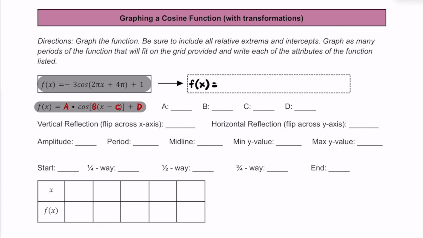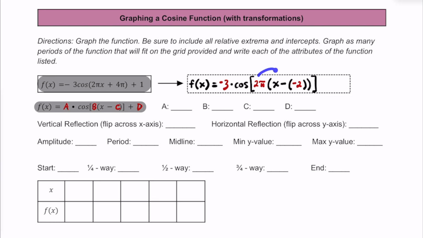All right, so our function exactly in this form is going to be f of x is equal to, and we have this -3 out in front. Let's multiply that by cosine, and I'm going to throw in brackets here to keep things more organized. I'm going to factor out the coefficient of 2 pi. That's going to be our b value. That's going to multiply by this x, and we have a minus in our formula, so we're going to put that in. And then we're going to have to put in a -2 here, just because if we distribute that out,